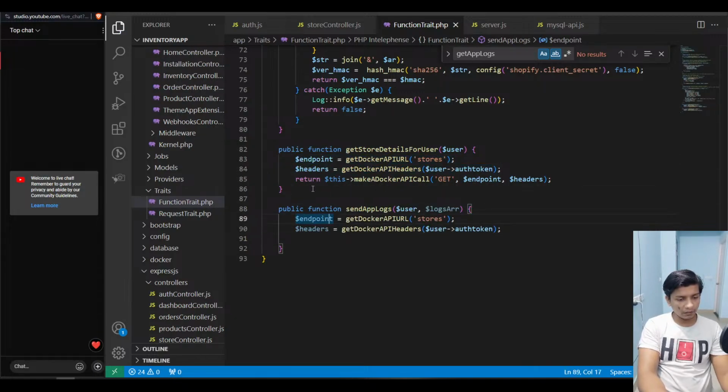This would be that. Insert app logs. Then this would be auth token. Payload would be